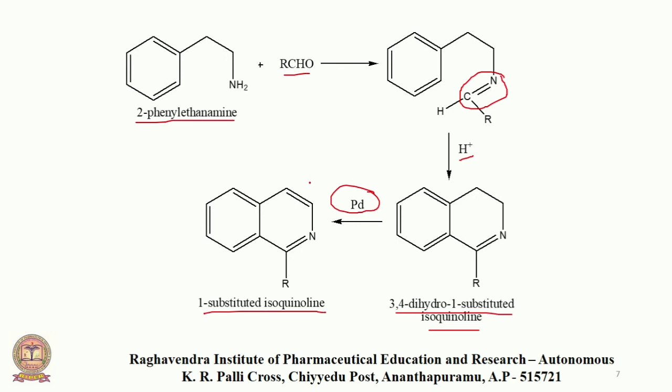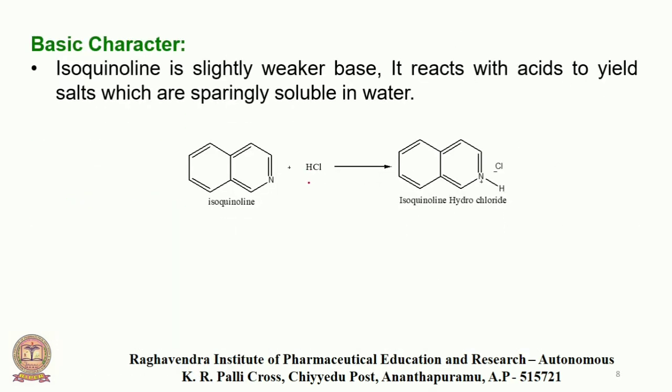So coming to the basicity, like quinoline, isoquinoline is also a slightly weaker base than pyridine. The pyridine is fused with the benzene. In comparison to pyridine, isoquinoline has less basicity, and its basic character is due to the lone pair of electrons on the nitrogen. This lone pair is donated to the H plus ions of acid, making an N-H bond, and the positive charge is on the nitrogen atom. So it gives isoquinoline hydrochloride, possessing the basic character.